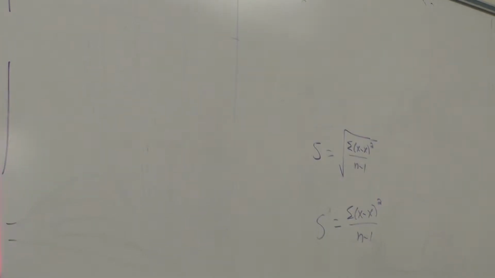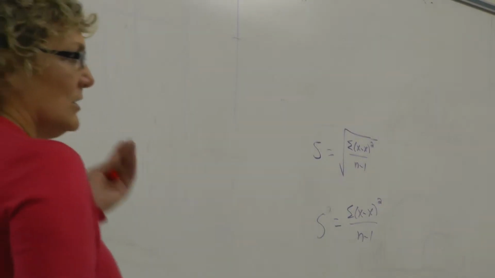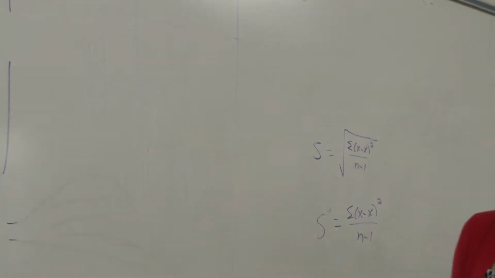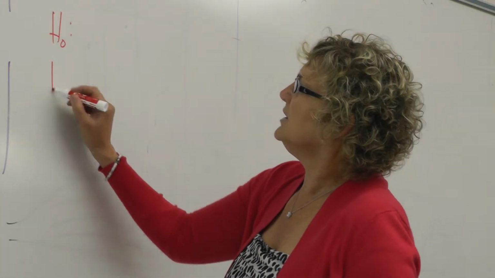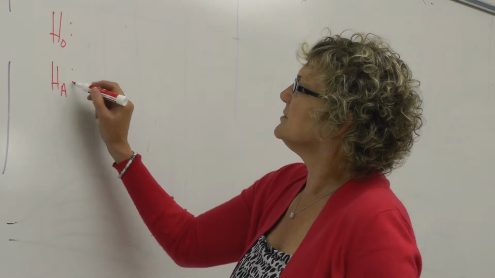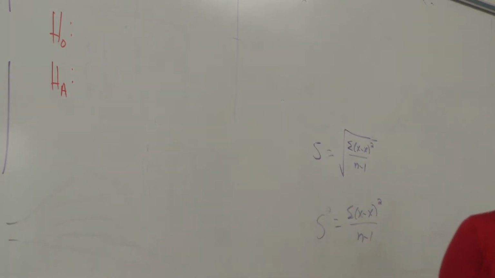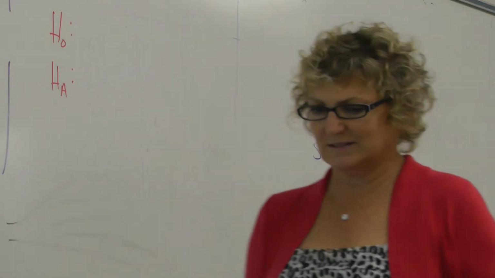Okay, so this is the information given in our problem. We're going to start our hypothesis test. First of all, we need to write the claim, right? We need our null hypothesis, and we need our alternative hypothesis. Which one is the claim? The mean cost of raising a child from birth to age 2 is